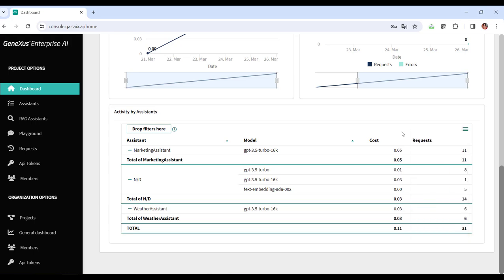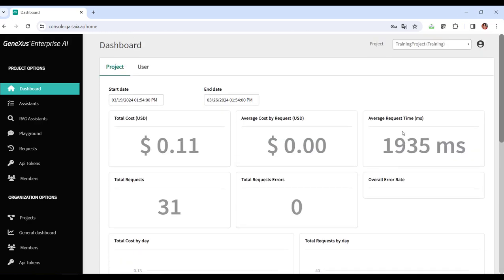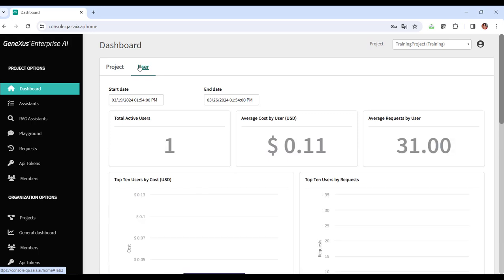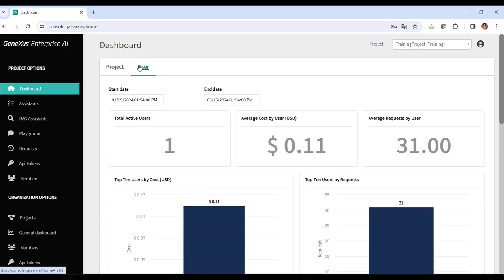In addition, the dashboard also allows exploring user metrics that we can view here. This specific panel is automatically filtered by the selected organization and project. It should be taken into account that filters by date range are independent in each dashboard, both in project and user. Metrics provided in this user panel include the following: